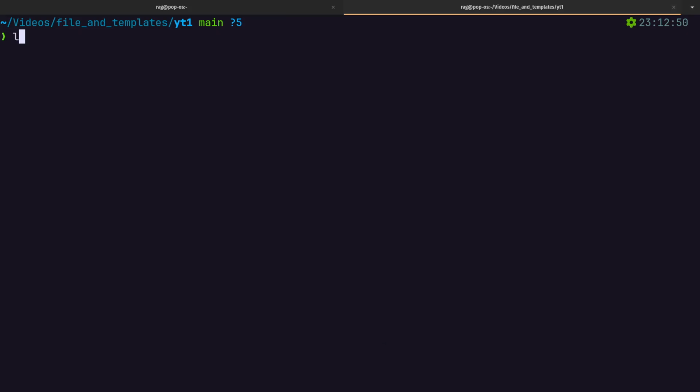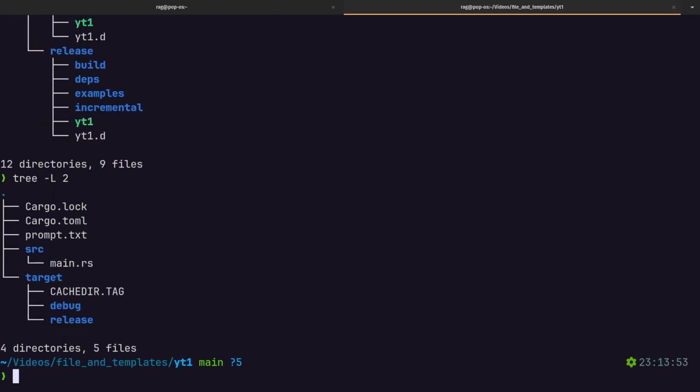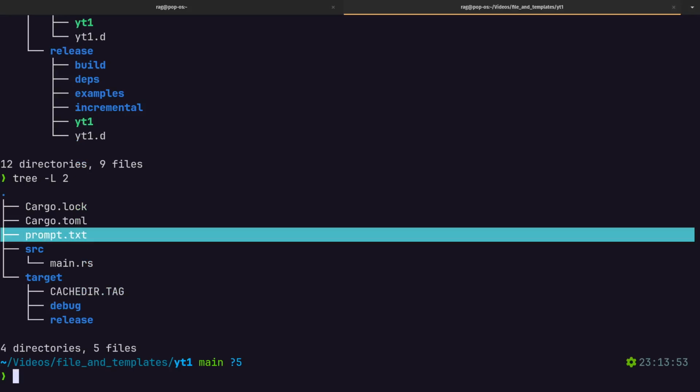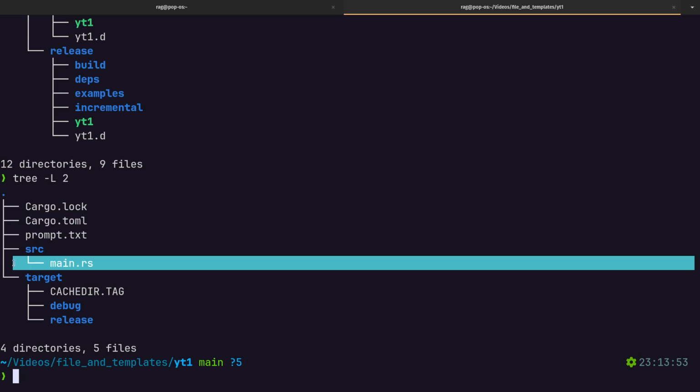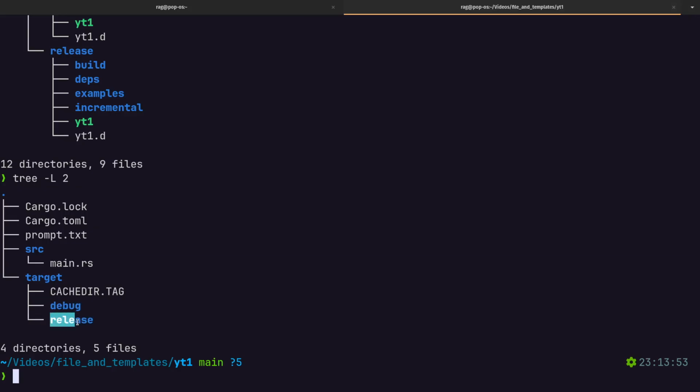So let's just do tree, I'll do 2. Right, so we've got prompt.txt, which is at the same level as Cargo.toml, so it's the project root. And we've got main.rs as normal, or you could have lib.rs. And then you've got debug and then release down here. So if what's inside release is looking for prompt.txt,